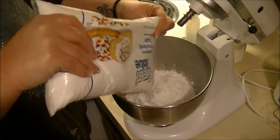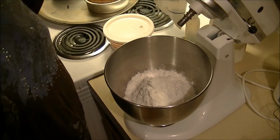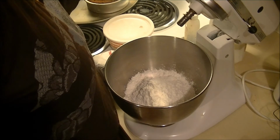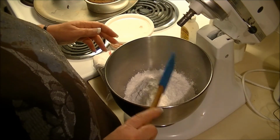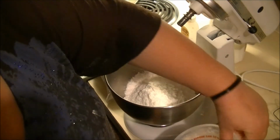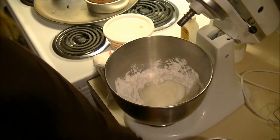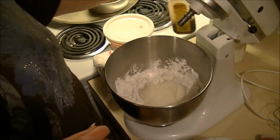I'm going to put about half a bag of this powdered sugar. Be careful not to set it on the stove. That burner gets hot and the oven's still on. Could turn it off. Okay, and then to this we are going to add about 2/3 of a cup of the shortening. Then we're going to add about a teaspoon of vanilla